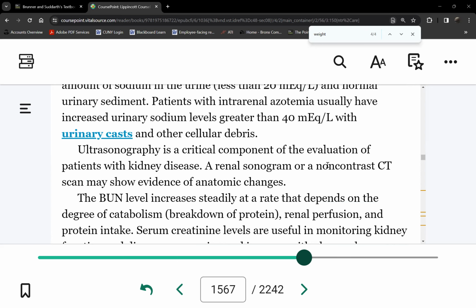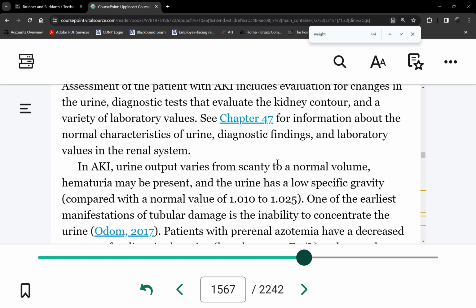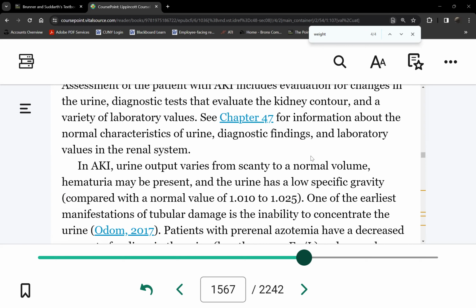So our main basis would be the BUN and creatinine, and the urine output. Those will be your most reliable indicators of AKI. So every day you monitor the BUN and creatinine, and then you monitor the hourly urine output. Now, what's the only way to monitor hourly urine output? What instrument do you need? A catheter. We have to put in the Foley. I know we don't want to put in Foleys because they're a source of infection, but in this case, this is a critical patient, so we have a justification for the Foley.